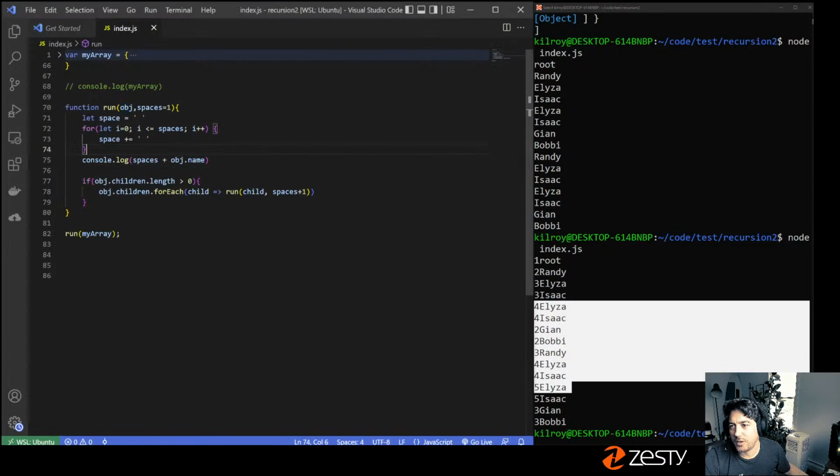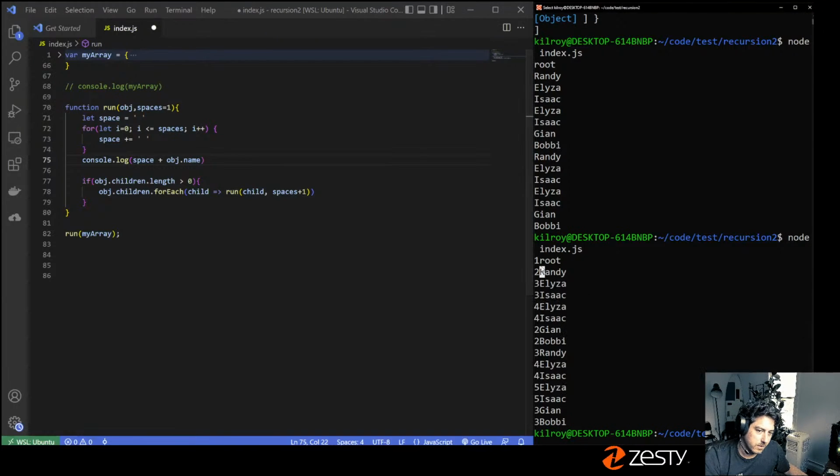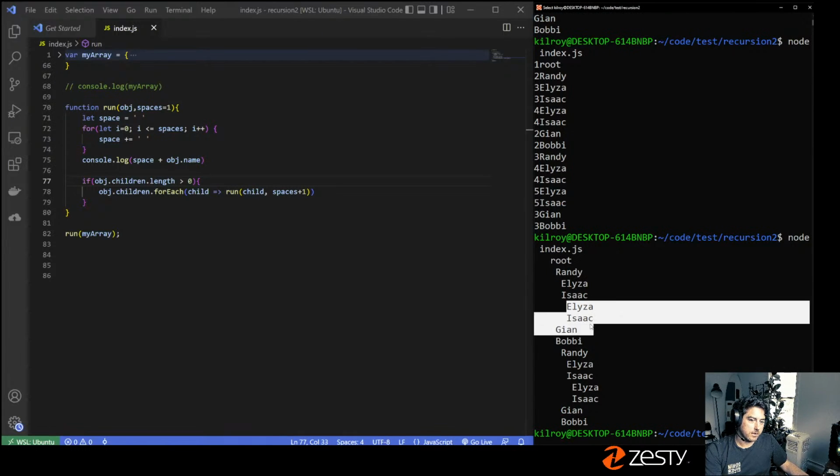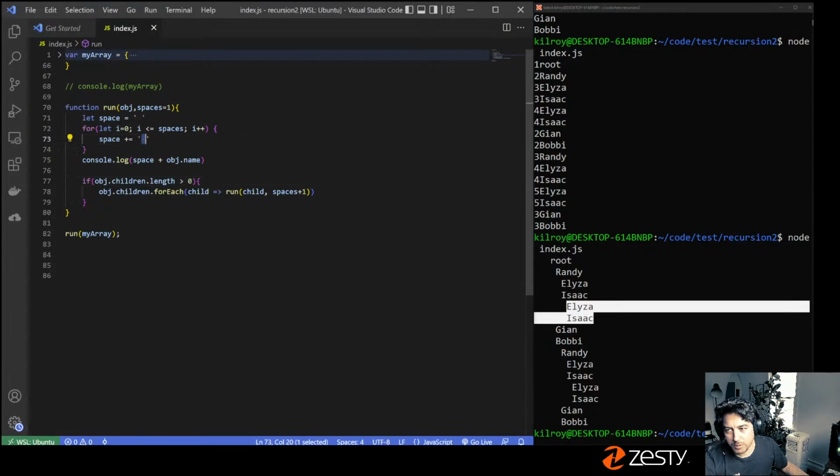That's giving me the number. I actually want the word space. You can see as it's doing its thing though, it's easy to see more visually. So now it knows, like, here's Randy, here's his 2 children, here's Isaac's children. So now you can see that we're starting to create a tree, and it may be even more apparent if